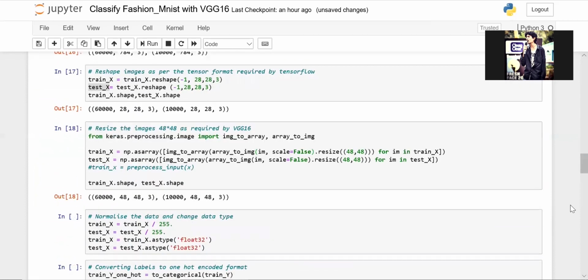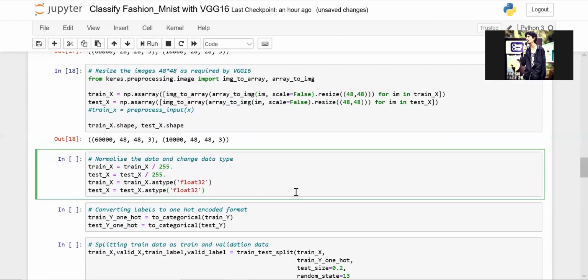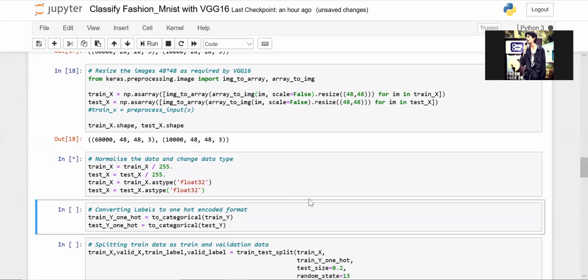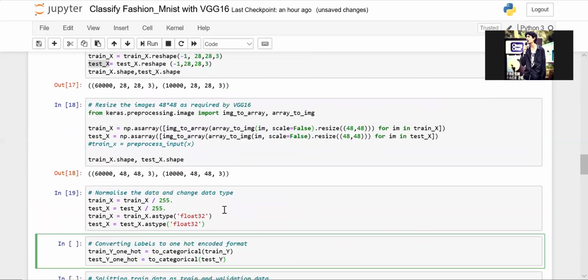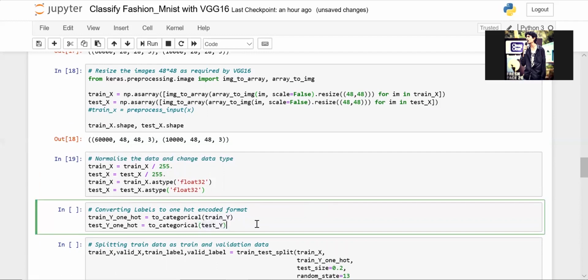So one beauty of neural networks is that they can also understand to a great level the floating point data types. So what we'll do is normalize the data by scaling it, dividing by 255 and converting each and every pixel in this image to a floating point number. So we'll just do that. And now that this is done, we have y, which is nothing but the target variable, right? So we will take these target variables and apply one-hot encoding upon them.